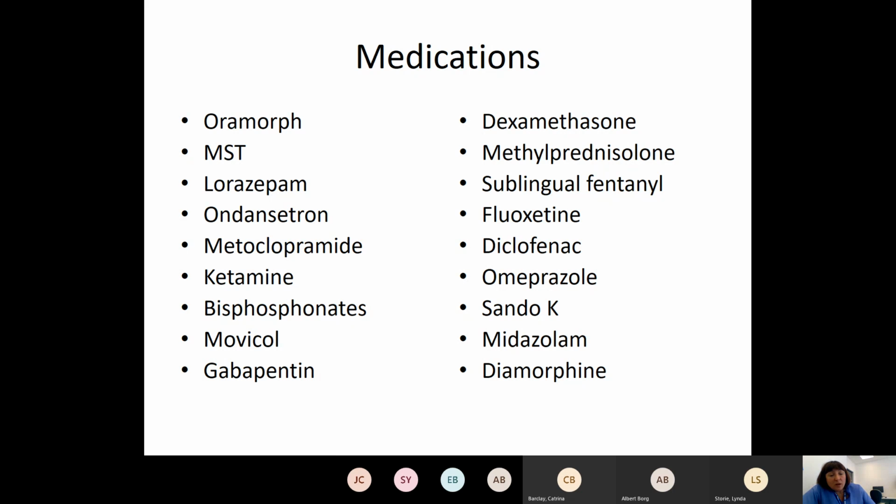What I haven't included with this patient is that we did do an opioid rotation, and she did go on to oxycodone at the point before we added in the ketamine. Slightly different side effect profile, perhaps less constipating, but I think it's important to use one and be familiar with it. The other thing is that when you see tolerance developing, it's important to consider a rotation of opioids,